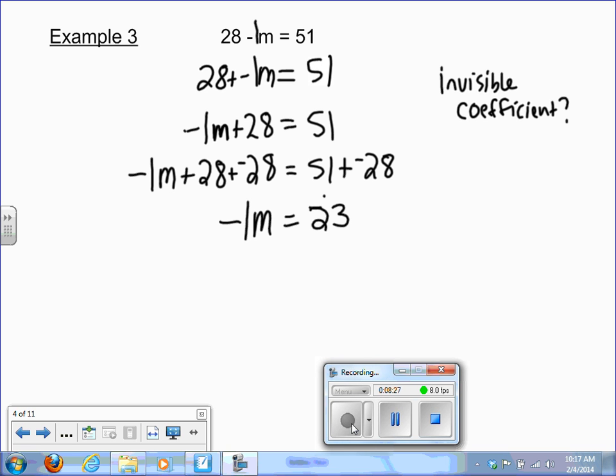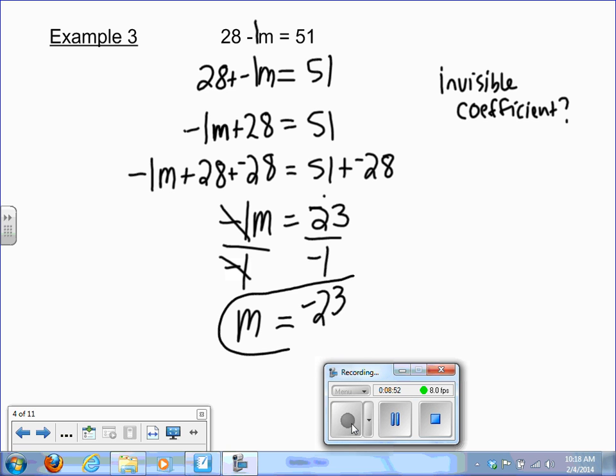Very good. Now, if negative 1m equals 23, what am I going to do to both sides? If the steps are the same, what am I going to do to both sides? We're going to divide both sides by negative 1, because negative 1 divided by negative 1 leaves me with m, which is what I want. 23 divided by negative 1, kids, is